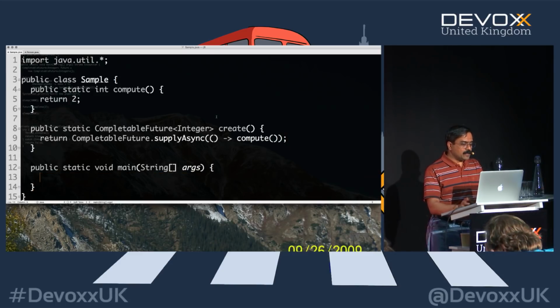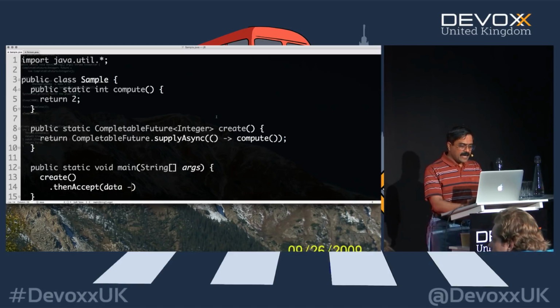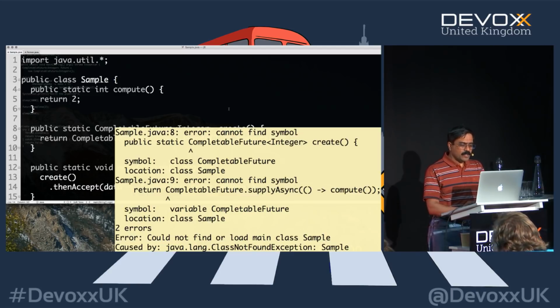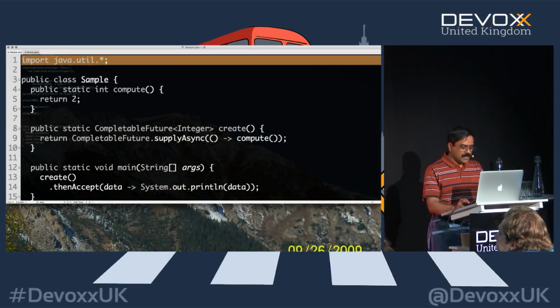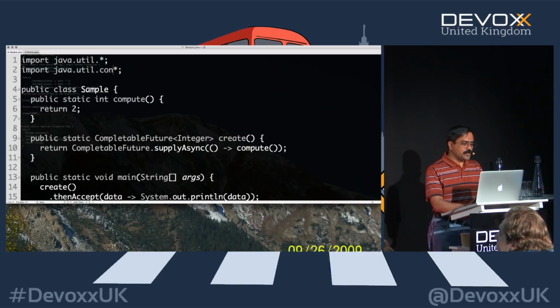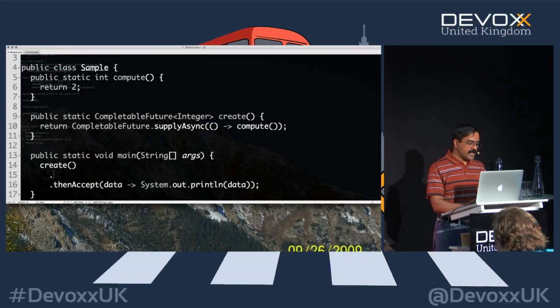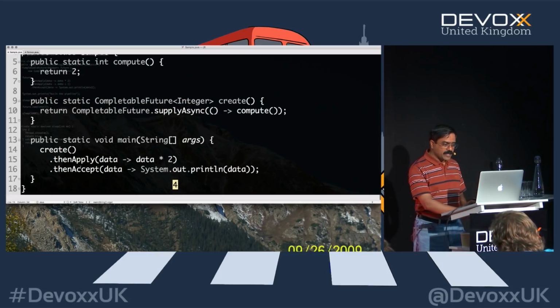But back over here, I'm going to call create and simply say dot thenAccept. And in this case, given the data, I want to output the data. Well, let's start with baby steps right now. So all this is going to be doing is simply print out the value that this is going to return. And so as a result, it printed a value of 2. We can even transform like we did before. We could say dot thenApply, and we can say given a piece of data, we can say return data times 2. Okay, so that's really giving us a 4.